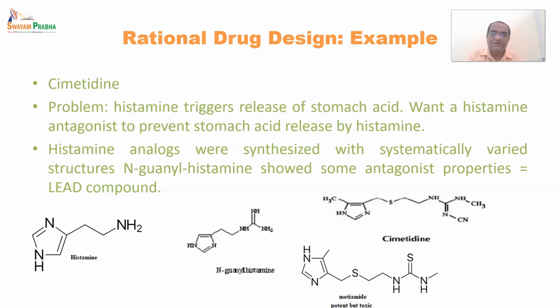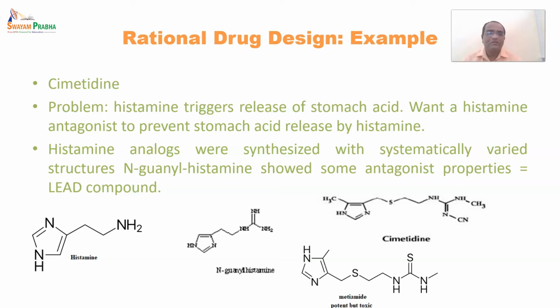So a rational drug design is a little bit different from an analog design. In a rational drug design, firstly biological targets are identified, and what the functions of that biological target are in relation to that disease. Then those pathways are blocked. The same thing happened here: histamine was responsible for release of acid into the stomach, and to prevent